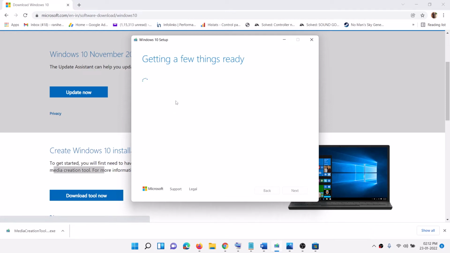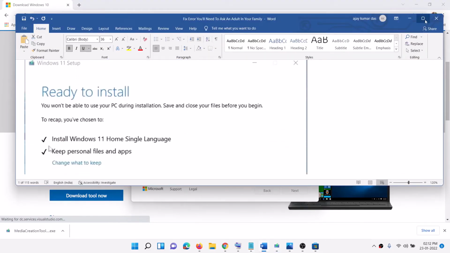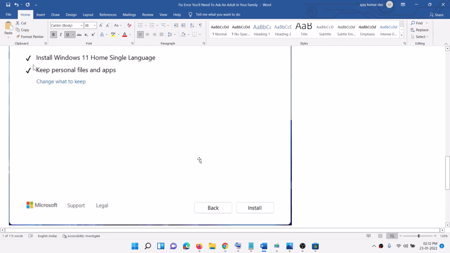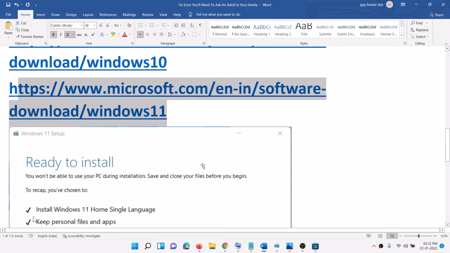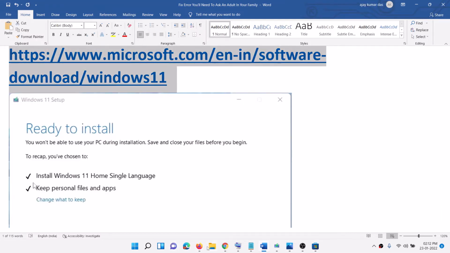Now this process will take some time. Now before the installation, you will see this screen which says ready to install, and by default the option to keep personal files and apps would be checked. When this is checked, you will not lose any data on the computer. Click on install. After the installation, log into your computer and then try to open your Microsoft application. Now if you have Windows 11, then copy this link,